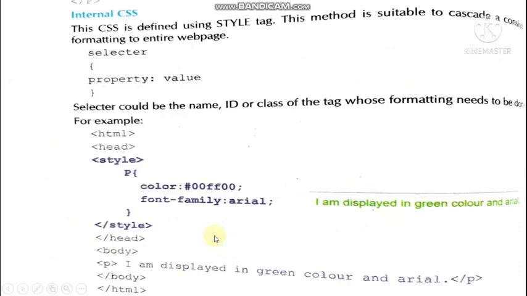Okay, next is internal CSS. Here the style tag will be written separately, that's all. Rest of the things are the same. Like the P tag I have to use, then just after the head tag you'll have to write another tag. There we had used style as an attribute. Here style will be used as an independent tag, and inside that, which tag you want to change, the P tag. Within curly brackets the property and value will be specified. Now let's do its practical from where you can understand it in a proper way.